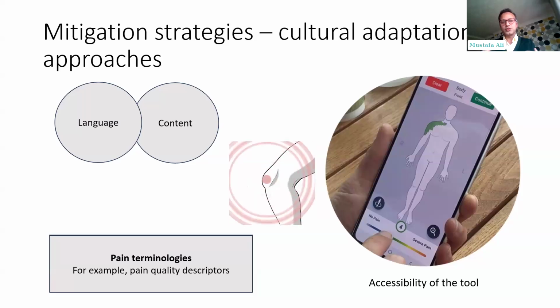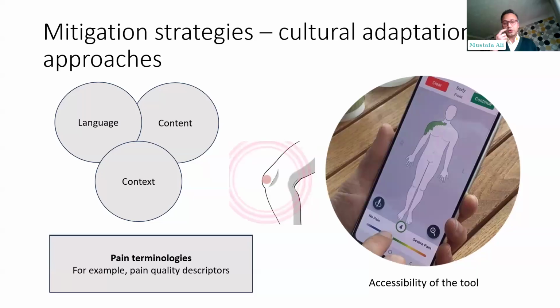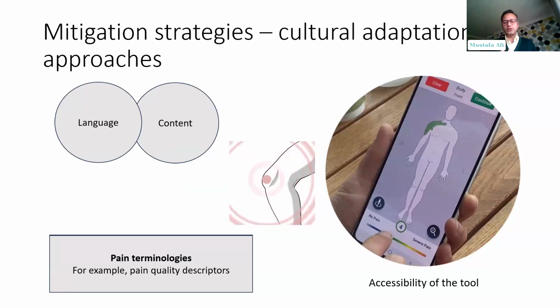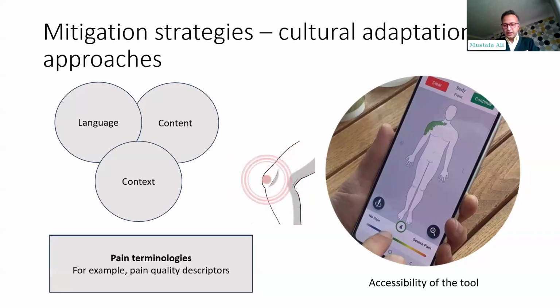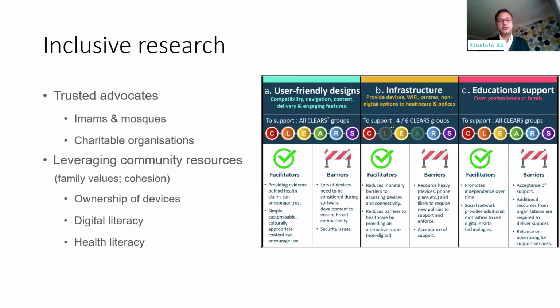So the purpose was to harmonize those terminologies so that, whenever we're talking about something, everyone would make sense from it uniformly. So what we did, we co-designed pictograms with them. So for example, if you look at this, it tells you that this is a throbbing pain. So by looking at the pictograms, you might not have to think about how to describe it. You can describe your pain quality by just looking at the pictogram and selecting it. Next slide, please.